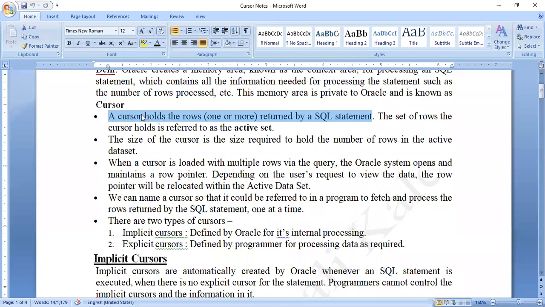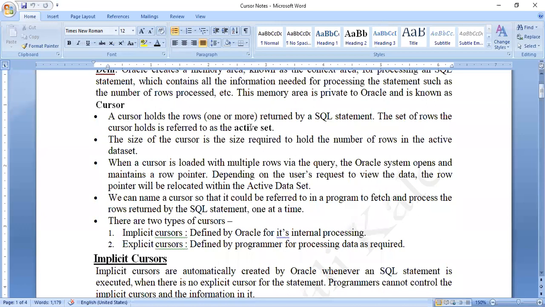One particular single record whose name was Rita. In my just previous example, I updated the name of Rita to Gita. So that particular record will be brought from the database into the area called cursor. So cursor holds the rows that are returned by the SQL statement.